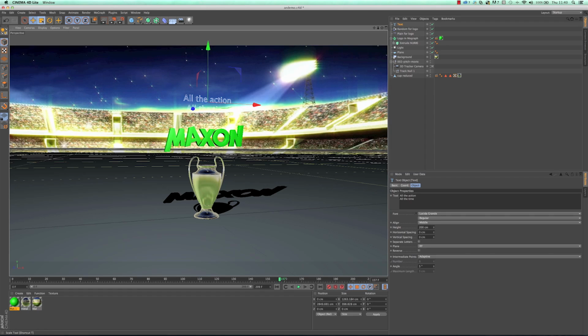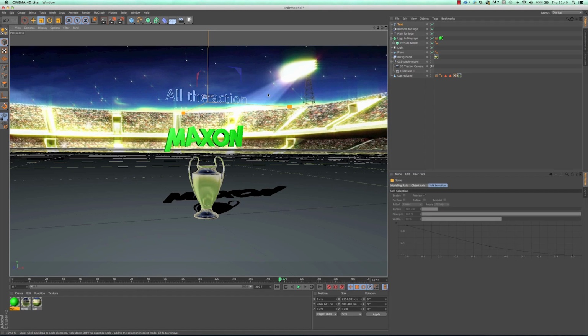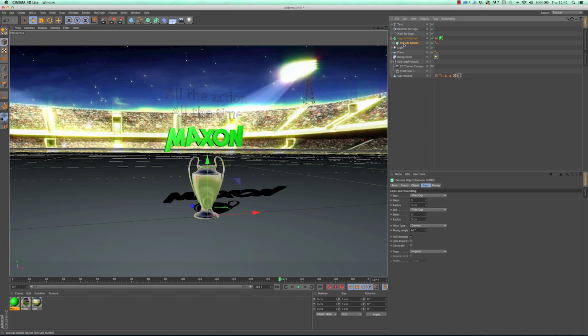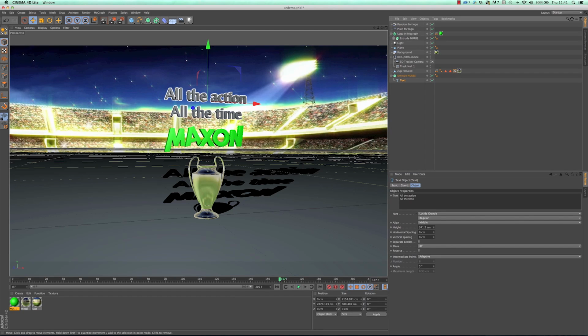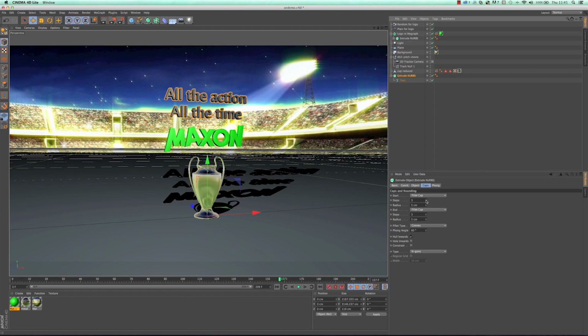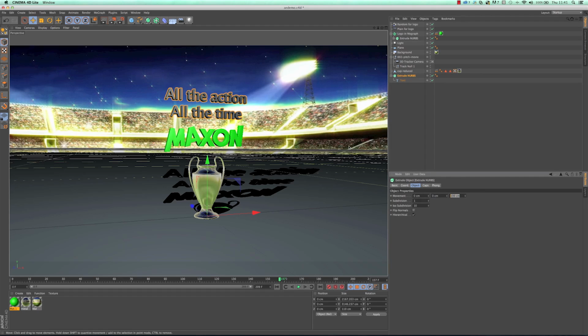So we'll bang that up the y-axis, scale it up a little bit, and yeah, we've got this, and we also need to make that 3D. So we could create an extrude from scratch again, or if we wanted to use the extrude that we already had, what we could do is control drag drop that, remove the logo from inside, and then we could drag our new text into it. So there it has the same settings as this logo here. And then of course I could change that slightly, so I could go to the object, and maybe I want that text a bit thinner, so maybe 50.